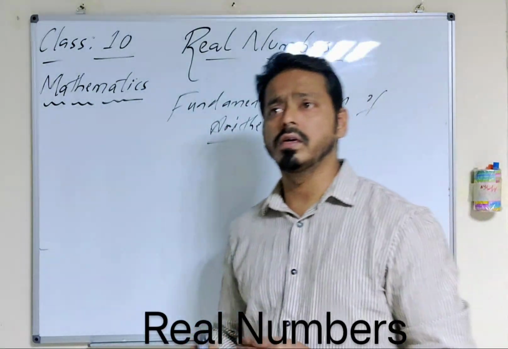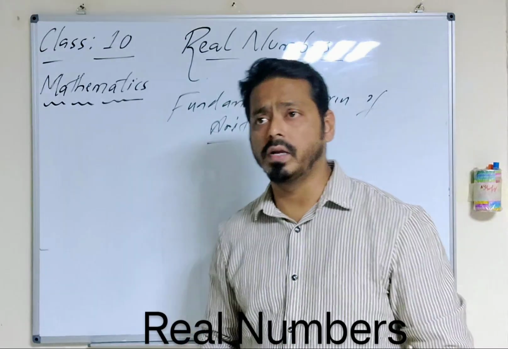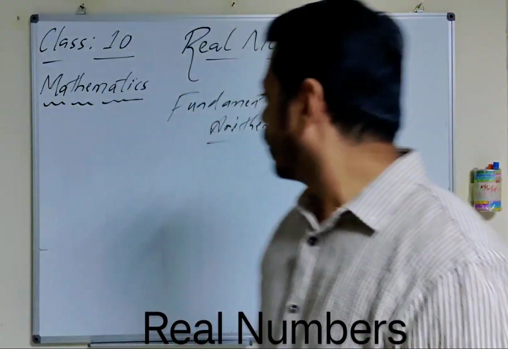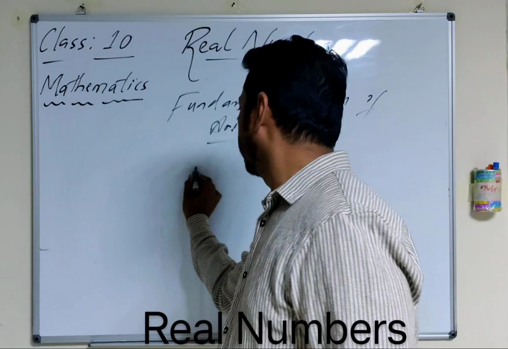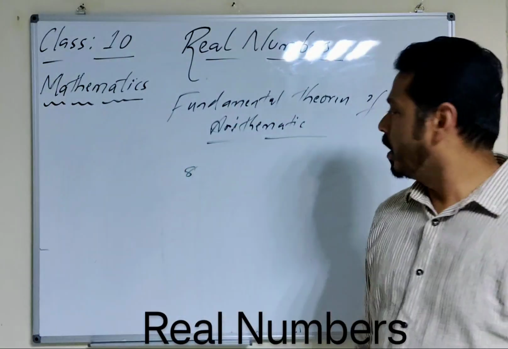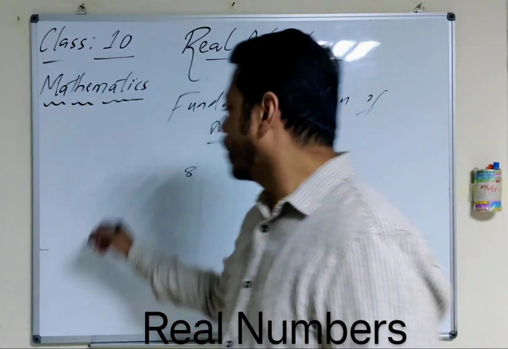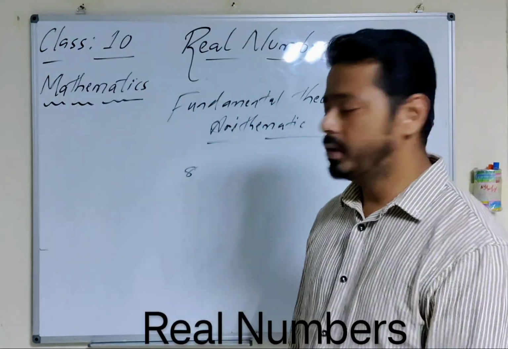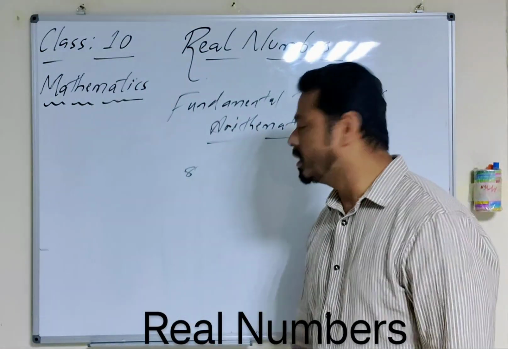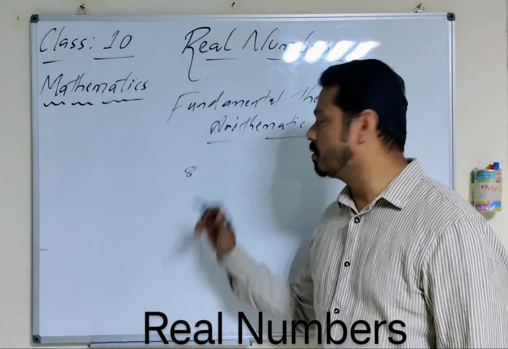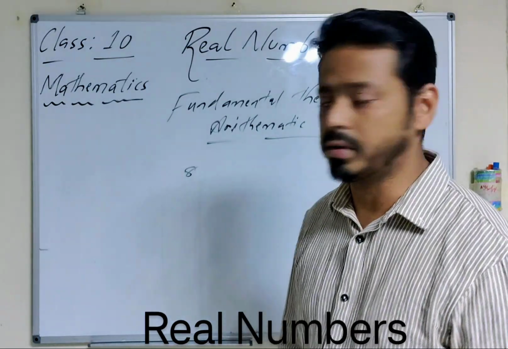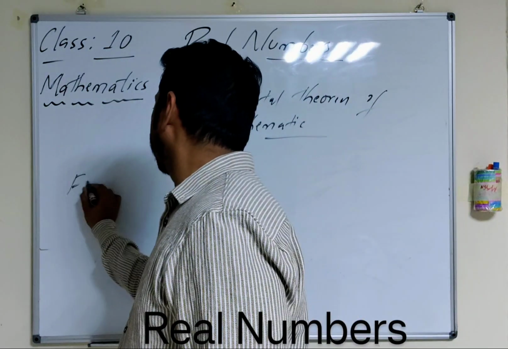is representing a composite number as a product of its prime factors. Suppose we consider the number 8. 8 is a composite number. Why do we call it a composite number? Because a number which has more than two factors is a composite number. So when we see the factors of 8,